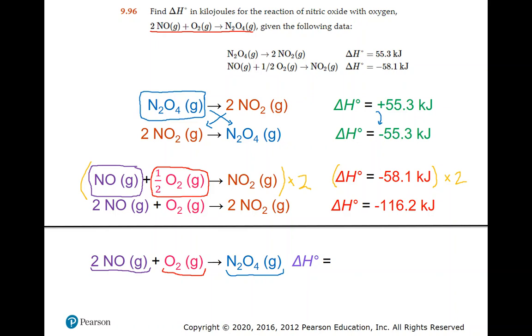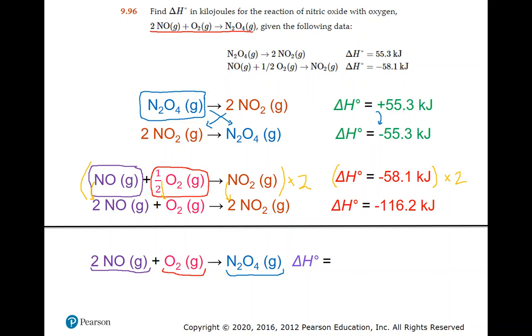And when you go through and multiply your whole balanced equation by 2, you need to make sure to distribute that across all the reactants and products. So we go from 1 nitric oxide to 2 nitric oxides. 1/2 O2 times 2 is going to give us just 1 O2. 1/2 times 2 is 1. And then we have 1 nitrogen dioxide. We're doubling that to 2 NO2s. And so now we have an equation that has both of our reactants on the reactant side and in the